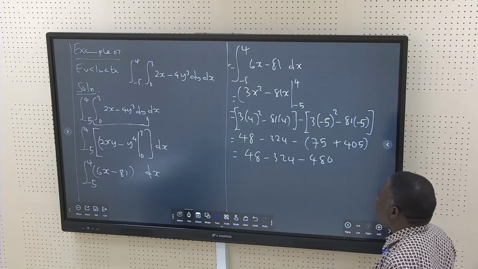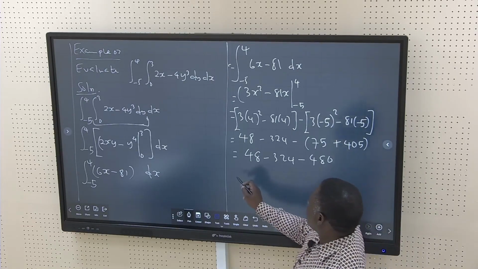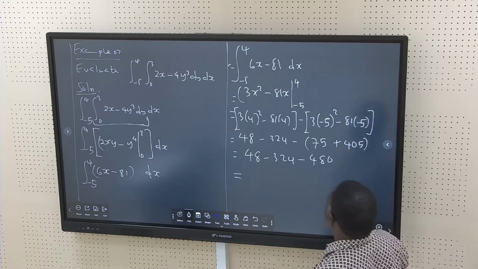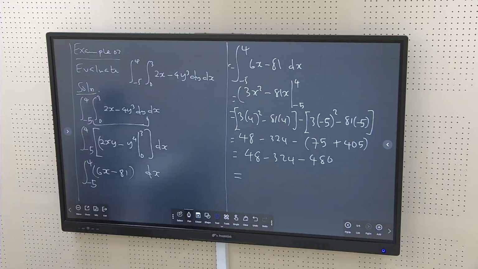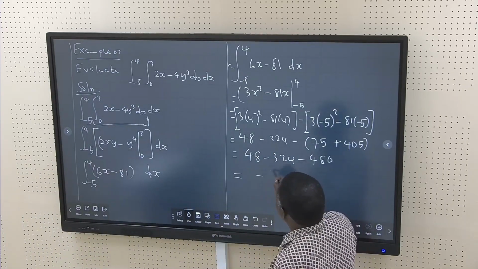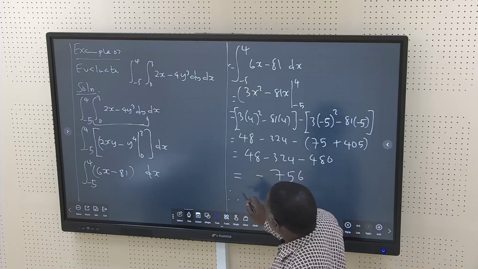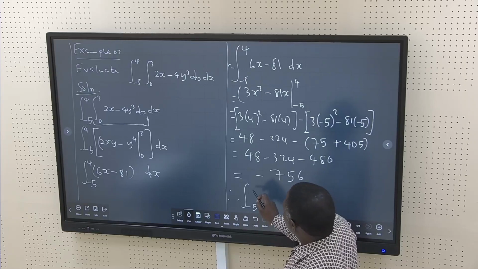So the final answer here is what? The final answer is negative 756. Therefore, the double integral of